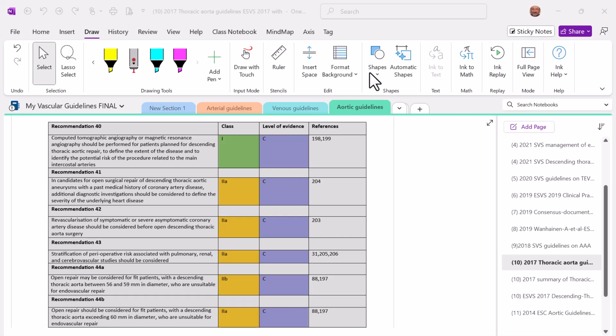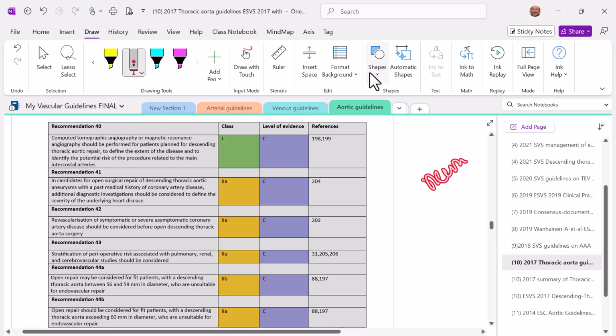In the next part of the guideline, we're going to speak about aneurysmal formation, thoracic aortic aneurysm formation, and these are recommendations 40 to 44, which speak about what to do for thoracic aortic aneurysm. For example, a computerized CT angiogram should be performed in a patient planning descending thoracic aortic repair to define the extent. Obviously, this is a very obvious